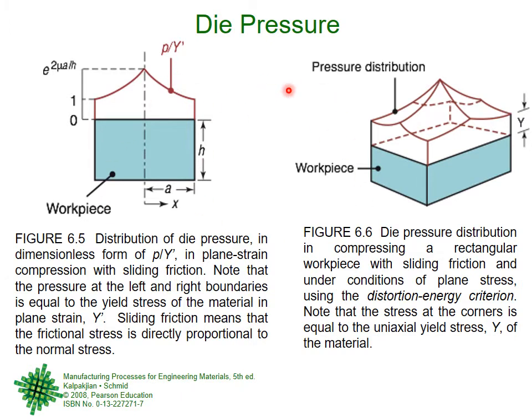So this is a general die pressure distribution, that in the central axis, the pressure will be maximum and it will keep on reducing. So this is the pressure that is applied by the die, and it is the same as sigma Y. Remember, the internal stress felt by the material. So whether you say it is the pressure applied by the die, or you say it is the stress generated in the material that is being forged, whether it is a small p or it is sigma Y, it will be the same, and this is the distribution.